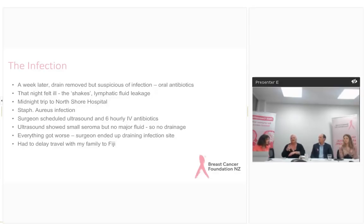antibiotics, and by this stage my arms were starting to tissue because I couldn't have anything on my left arm, so everything was going through my right hand and arm, and I was starting to get a few problems with the amount of antibiotics I was having. The Monday morning I went and had another ultrasound to see again, because it hadn't cleared up as well as what they had expected. So I had another ultrasound and still no fluid was showing up other than the small